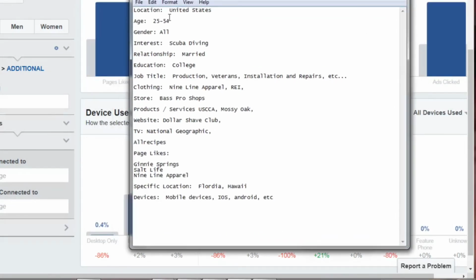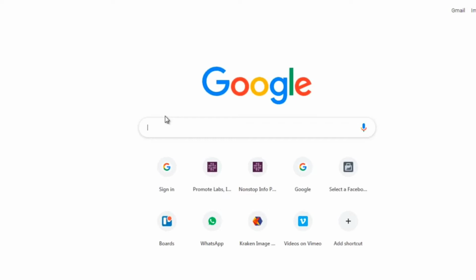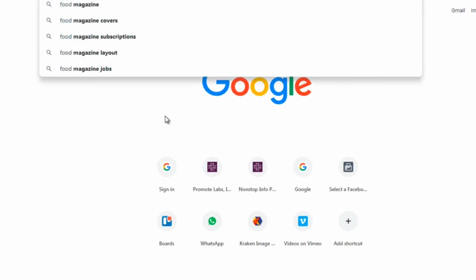Now, you can further create this avatar profile. Another method is by going to google.com and looking for magazines. So why magazines? Well, if you flip through the magazine and go to the advertise page, you'll notice that these magazines have what we call a media rate card. A lot of times it'll tell you the exact demographic and the exact avatar that you're trying to target. For the sake of simplicity, we'll type in food magazine,